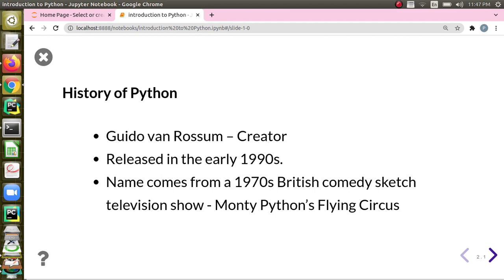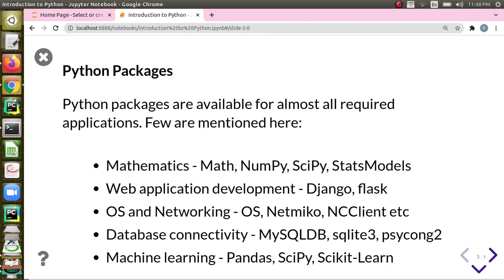When you look at the name Python, all of us will think of the snake, but the author did not have the snake in mind when he named it. Rather, he took the name from his favorite circus television show, Monty Python's Flying Circus. That was his favorite television show, and based on that he named the language.